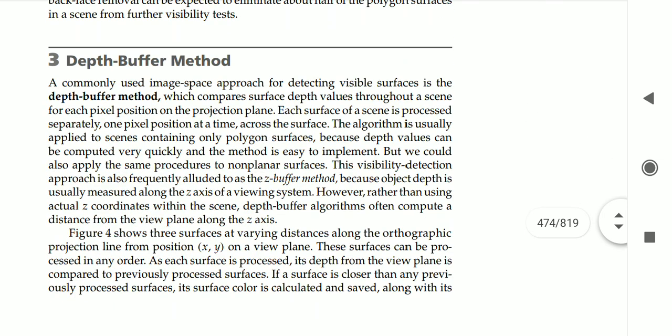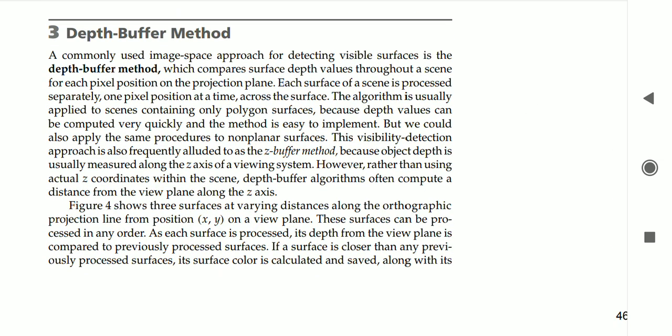Now we'll see the algorithm, the depth buffer method. This is the depth buffer algorithm we are using in our lab program. You remember GLUT_DEPTH. By calling that keyword GLUT_DEPTH, we are calling this algorithm. By enabling this algorithm, you can use the third parameter, the z value. Without using GLUT_DEPTH, you can draw only 2D images. By calling GLUT_DEPTH, you can draw 3D images. That is nothing but the z value.